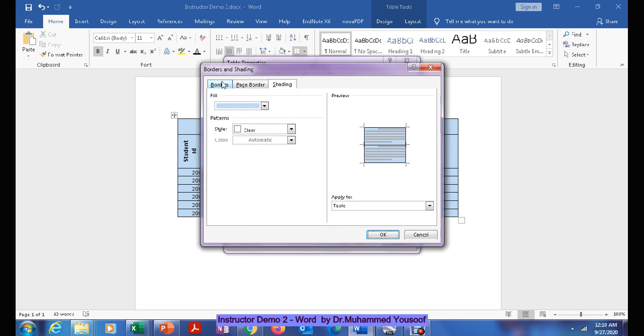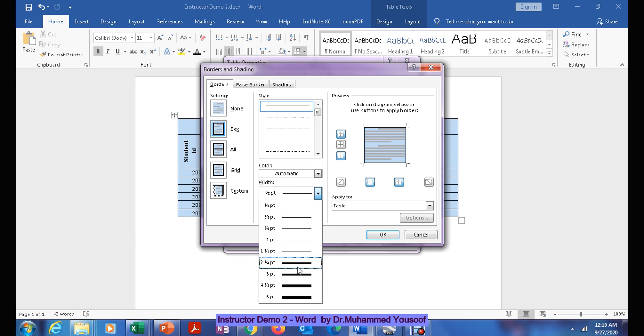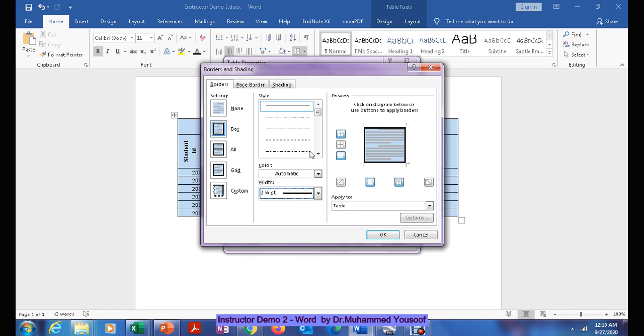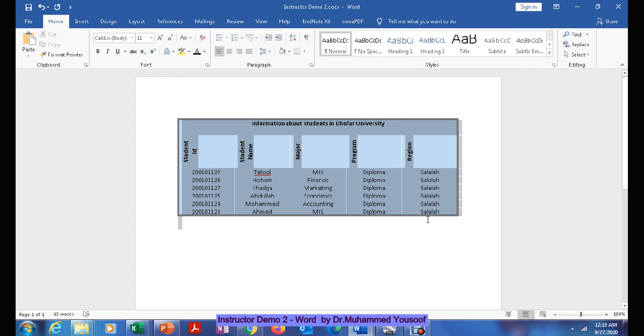So I can choose whatever the width, borders and shading. I go to borders. Can you see here border? I choose a box border. The thickness of the border should be like this thick, and I want this design to be applied, 2 lines. I give OK. Now you see here, this is what you have, because this is what is applied to the outer table. But now you want to apply something here also.